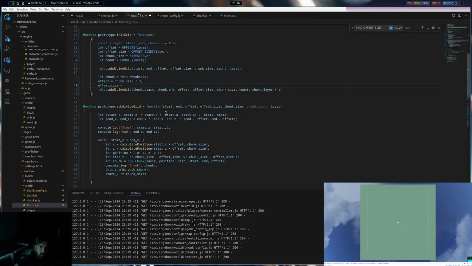So we can get the layer. And we can say offset equals sizes, chunk dot layer.